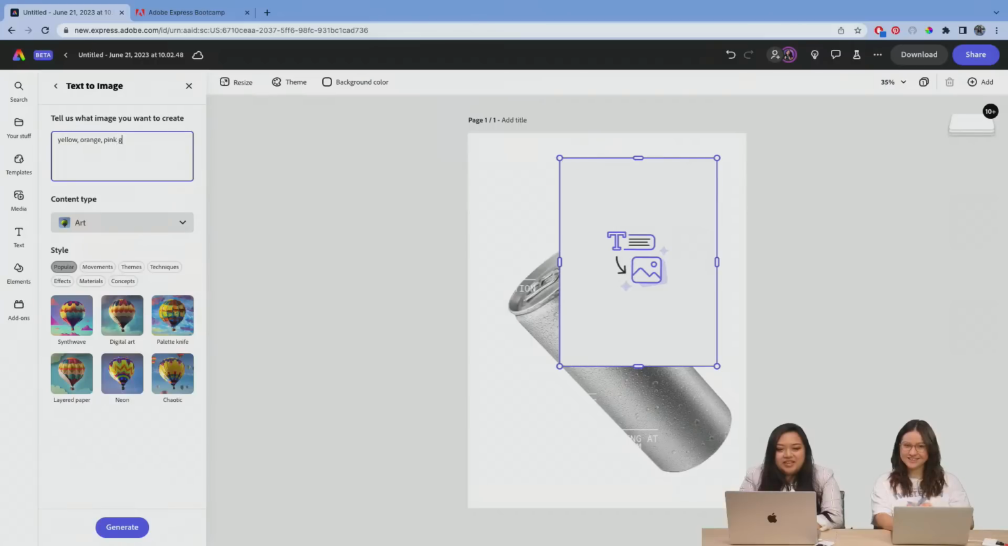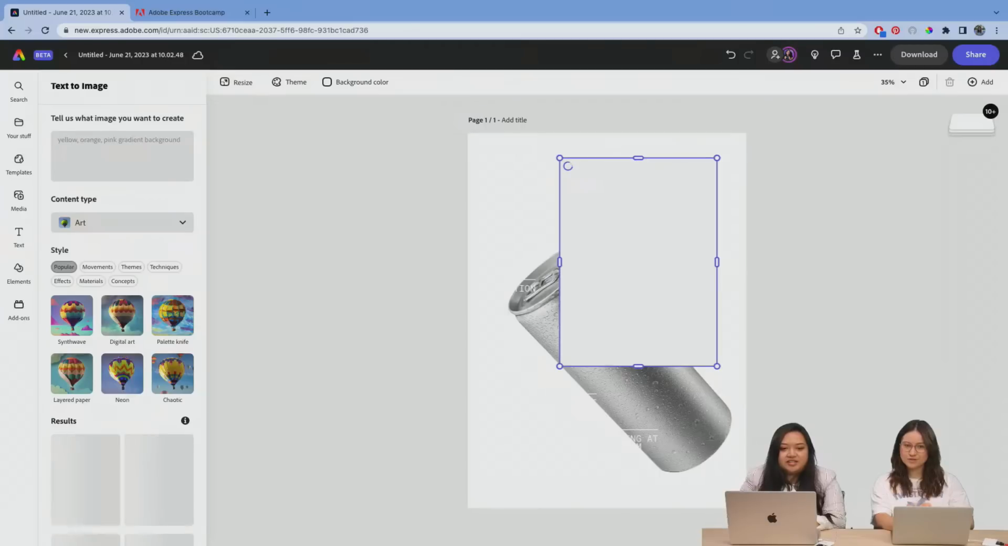Okay. Pink gradient background. Okay, start there. Let's see. And there was a question while that generates about if our projects from Adobe Express Beta and